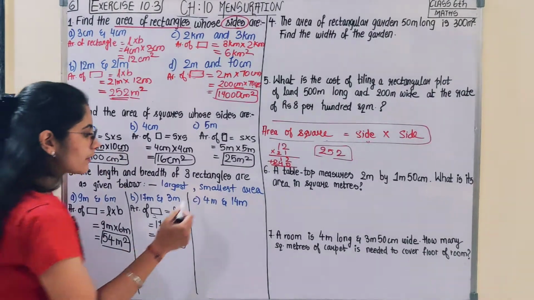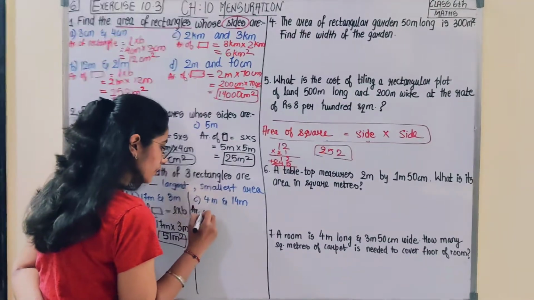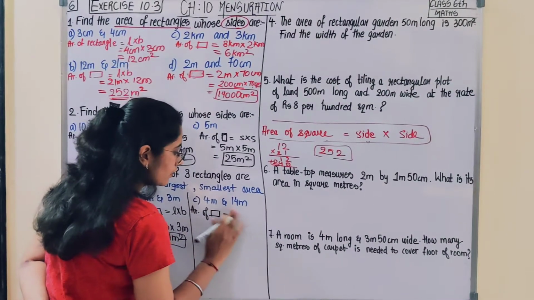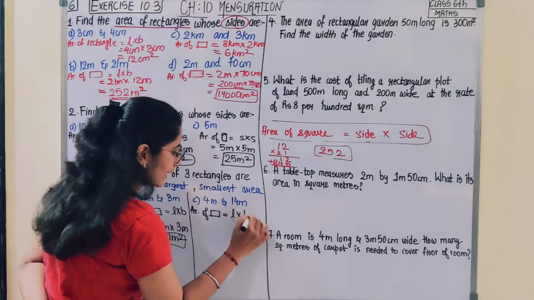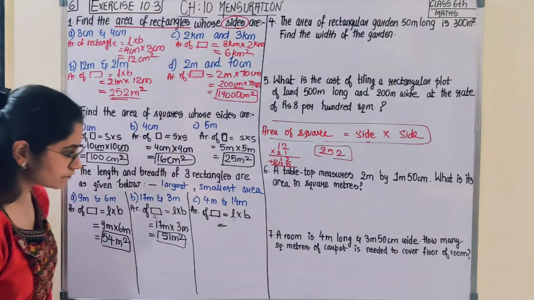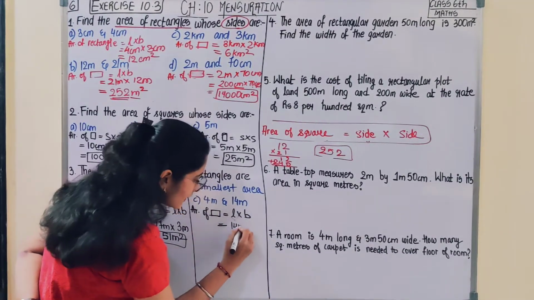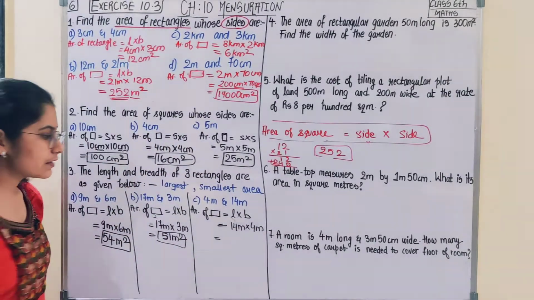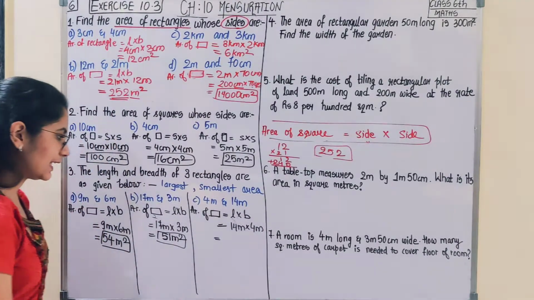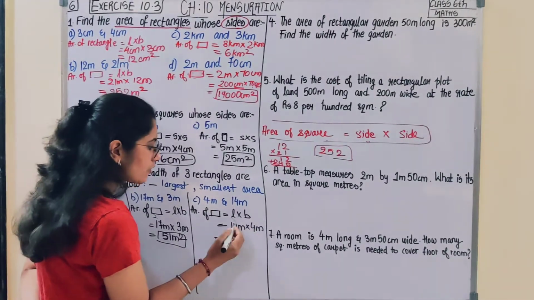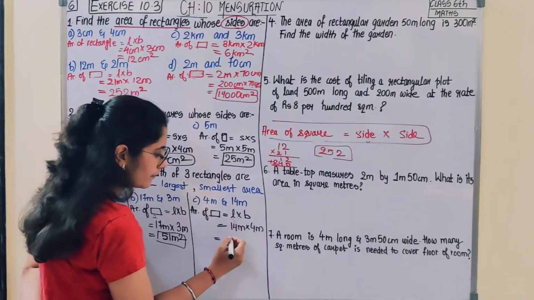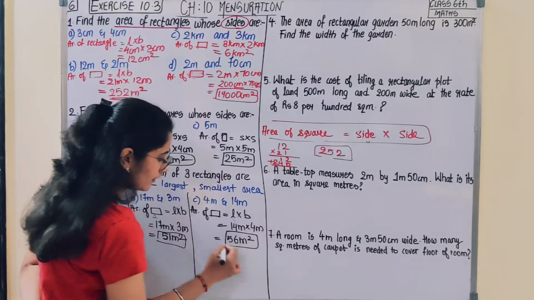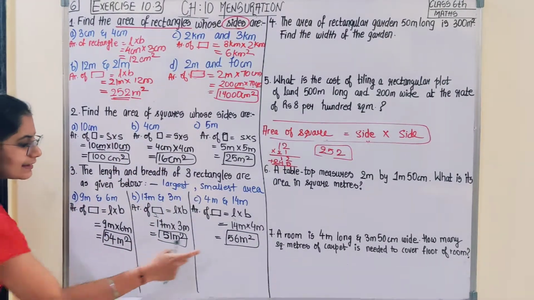Okay, next, area of a rectangle is length into breadth, that is 14 meter into 4 meter, not 4 meter into 14 meter. Check the units are given proper. Yes, they are same, right? So 14 fours are 56 meter square. Okay, so these are the 3 areas.